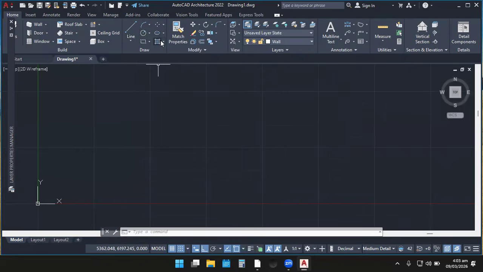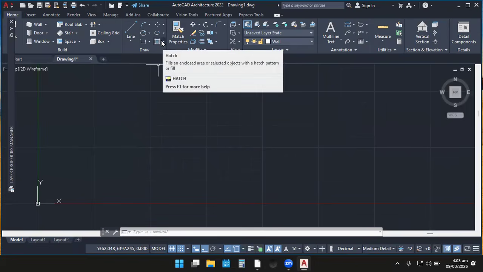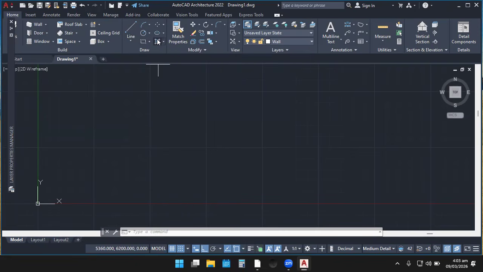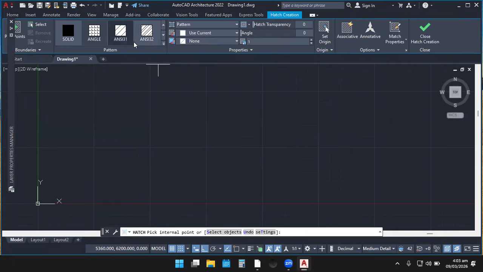This is the hatch tool also over here. Okay. It is also used for so many things. It fills an enclosed area or selected object with a hatch pattern or fill. Okay, that is if you are doing drawing, if you want your concrete thickness to show in order. Let me click it and see the way it displays. So you see this as an example of some hatch